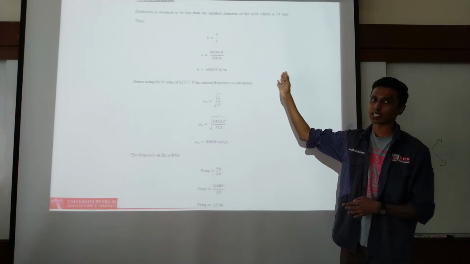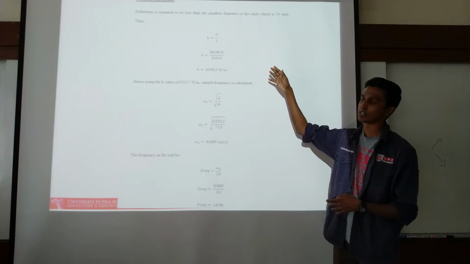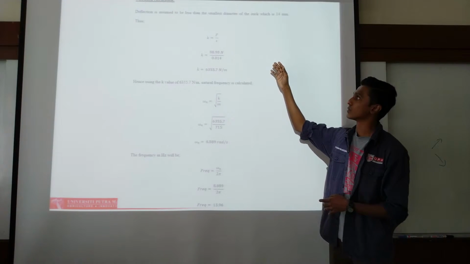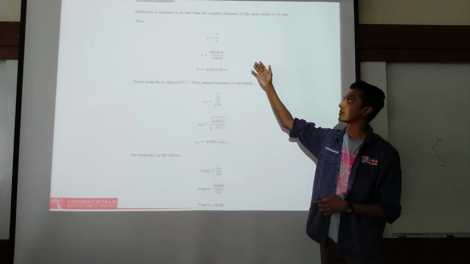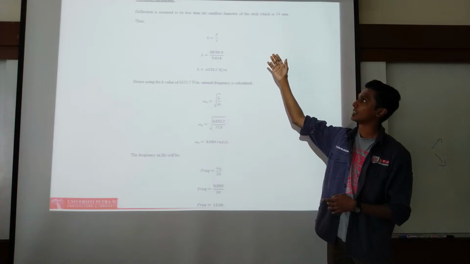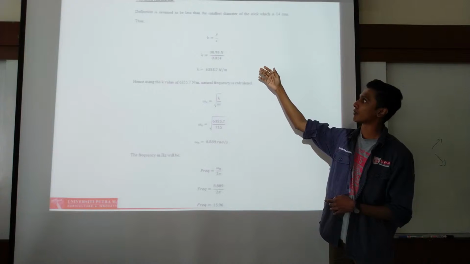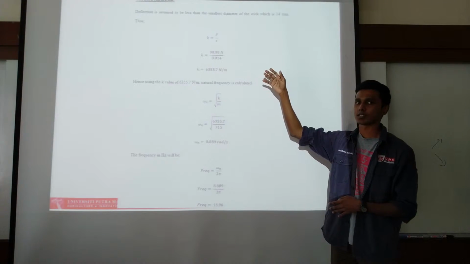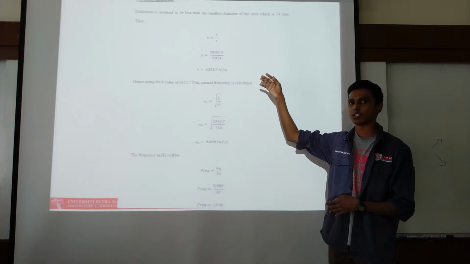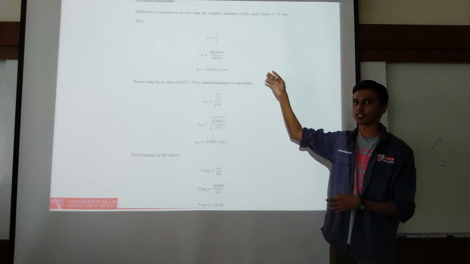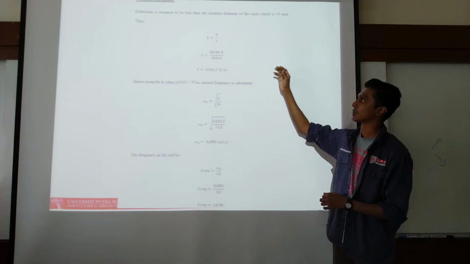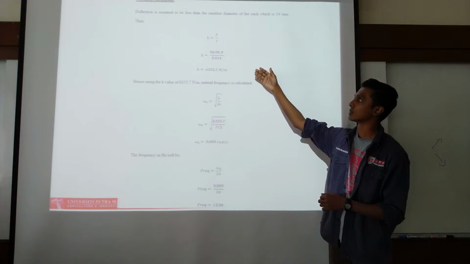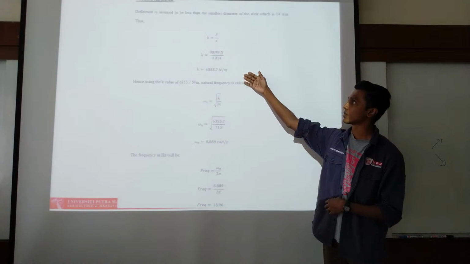Based on our study, we have found that F is equal to 20 pounds, which we convert to Newtons, which will be 88.98 Newtons. And we take x as 0.014. Why 0.014? Because we assume that the deflection should be no more than half the diameter, the smallest diameter of the stick. So hence 0.014. We put into the equation, make a calculation, we get k equals